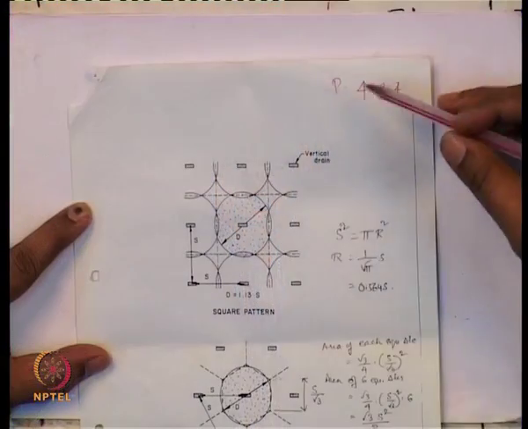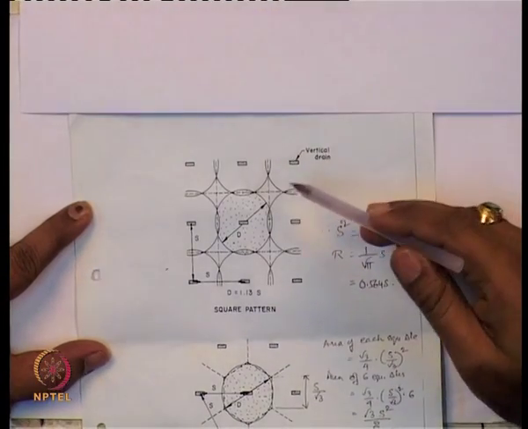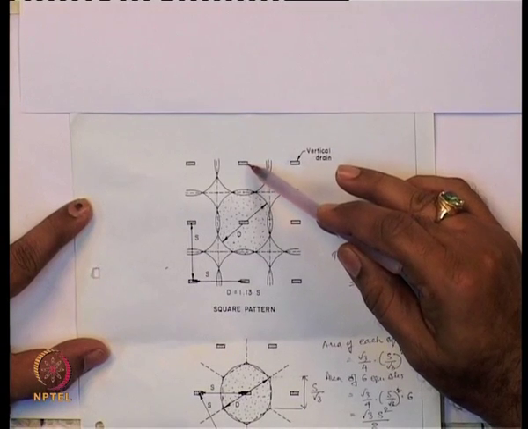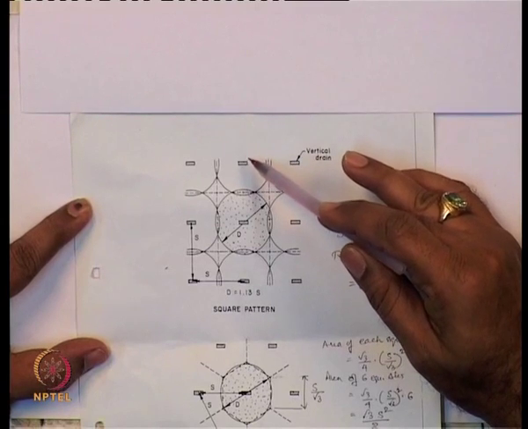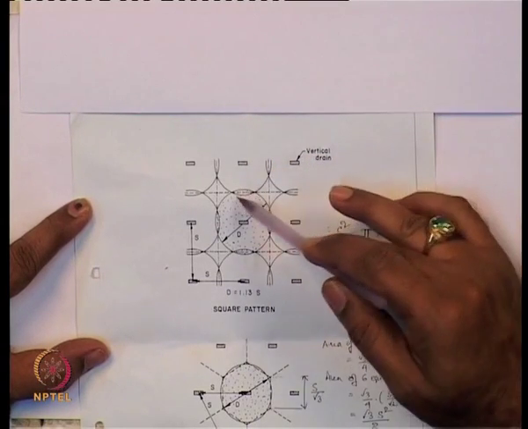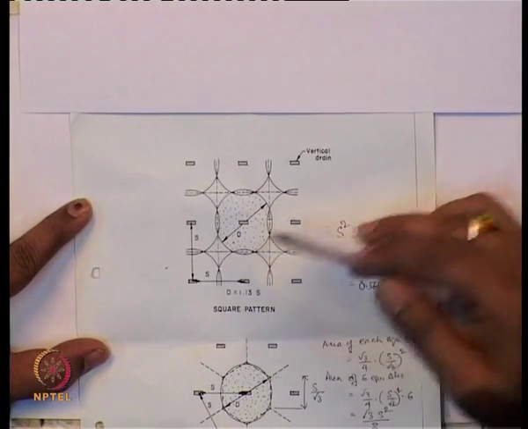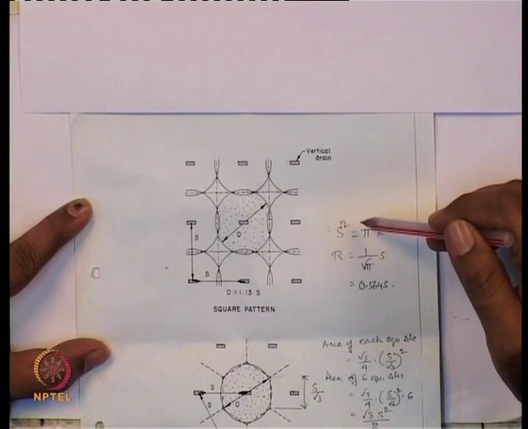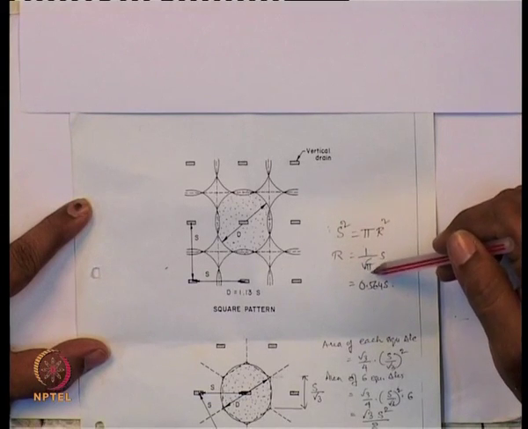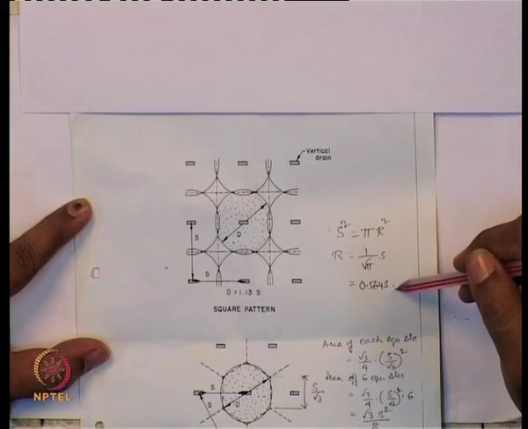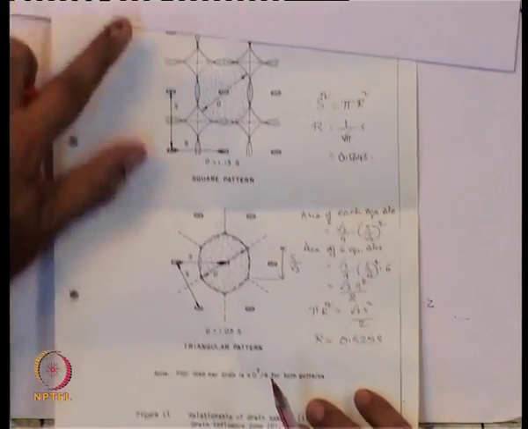these prefabricated vertical drains have a certain breadth and thickness, and their dimensions are relatively smaller compared to the conventional sand drains. So this is the influence zone and this is the diameter, and here also the same is calculated. S square is equal to pi r square, r is equal to 1 by root pi into S, which is r equal to 0.64 S, and this is for the square pattern.